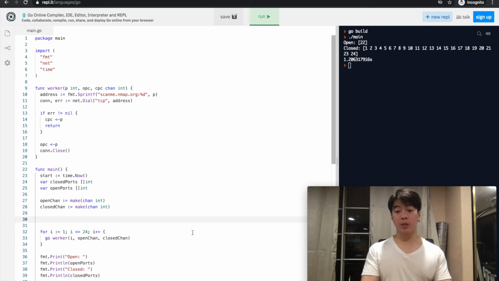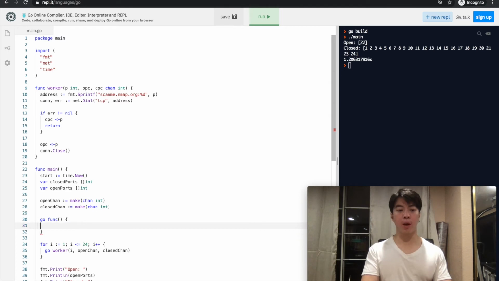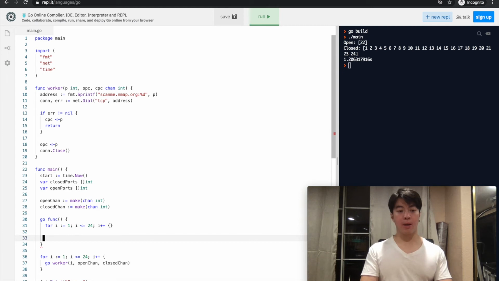So the way I imagine myself doing that, again, is to use a goroutine. I'm going to create an inline function. Don't know what the parameters are just yet, but I'm going to create a for loop that is going to run the same amount of times as the amount of times I'm checking which ports are open. So that's going to be i is equal to 1, i is less than or equal to 24, and then increment i each time. And then inside of this for loop,